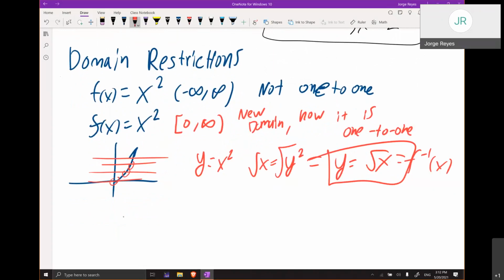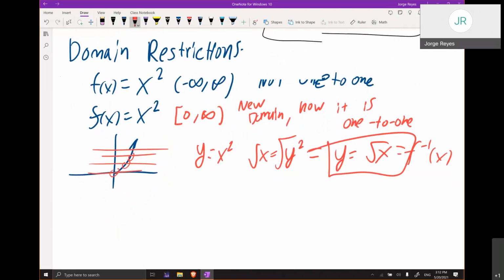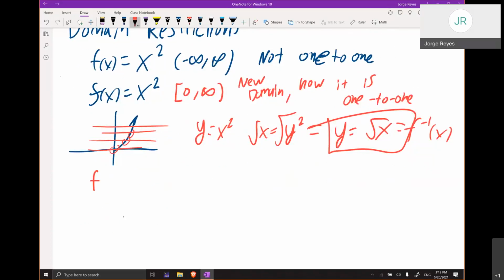But okay, realize that, like, what if I restricted the domain differently? What if I chose to keep the left chunk and not the right chunk? So if I have this new domain, it's still 1-to-1, but when I do this, right, and I flip them,